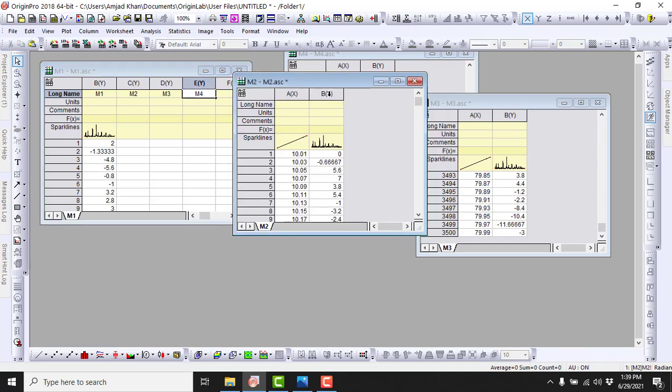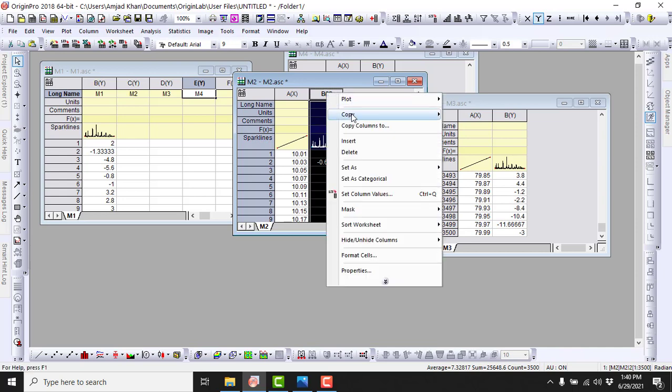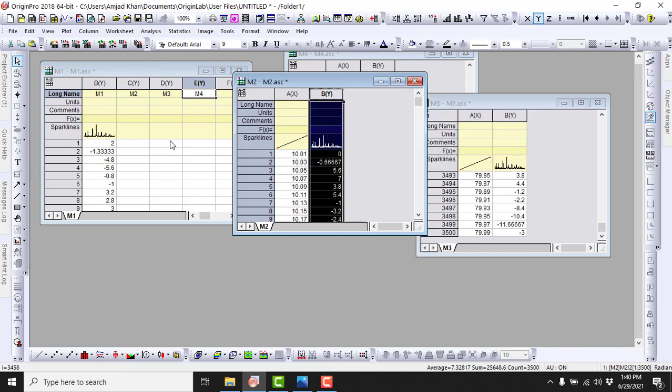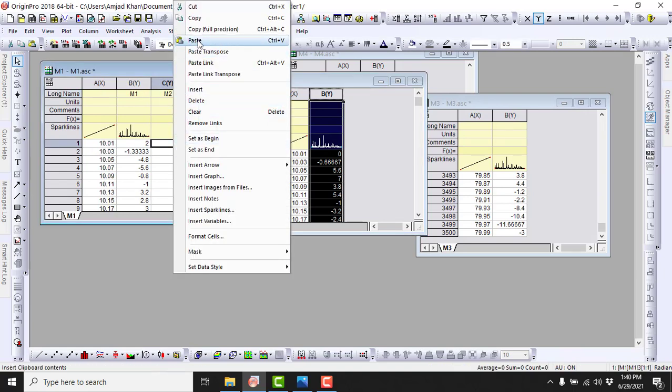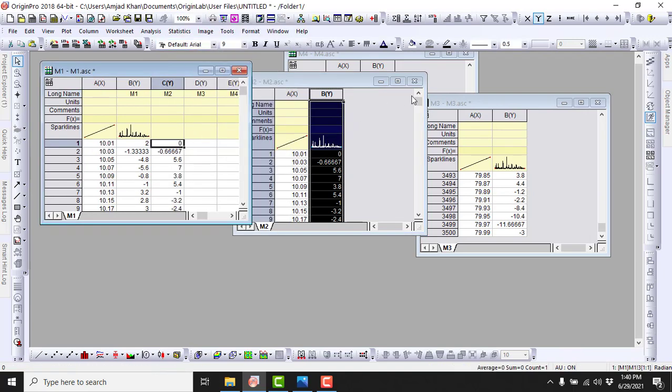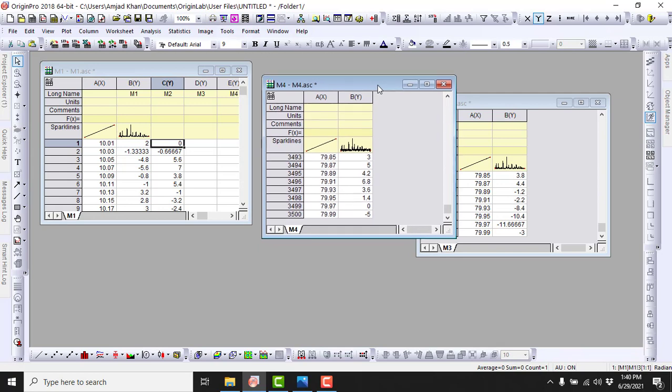This data belongs to the M2 sample. I will select the y-axis column by clicking on the top of it, then right-click, copy, and paste it here in this window. The column is copied. Now we do not need it, so delete it. So I deleted it.